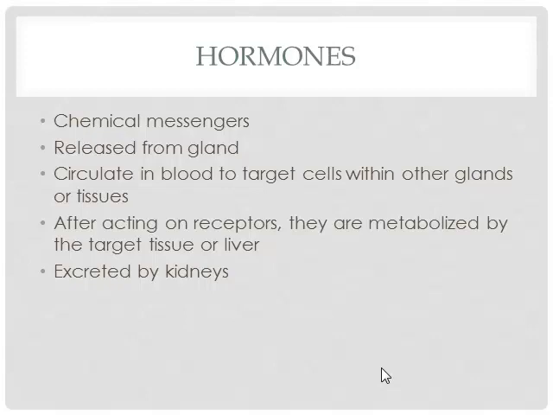Or we might have a condition where the organ that's releasing the hormone might be just fine, the hormone levels might be just fine, but the target organ is disrupted either by a tumor or some kind of dysfunction. So it could be a problem from the initial organ, it might be a problem of the hormone not being available, or it might be a problem of the target organ having some kind of abnormality or pathology.